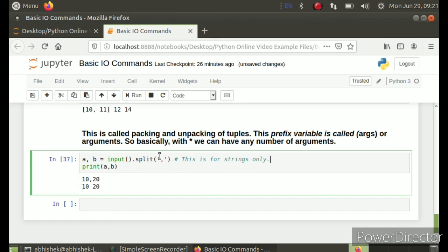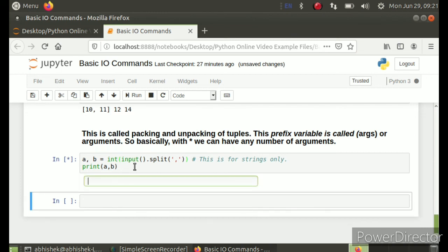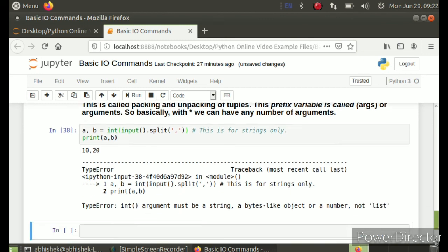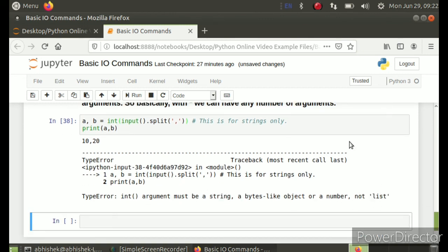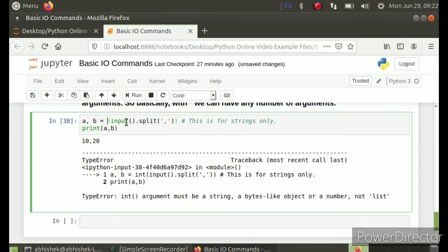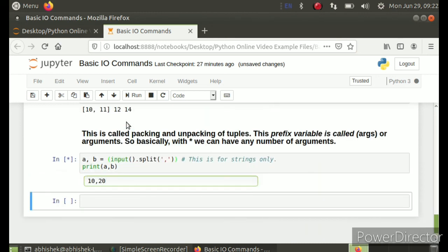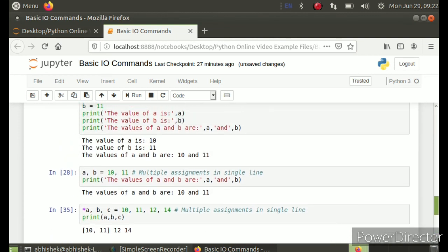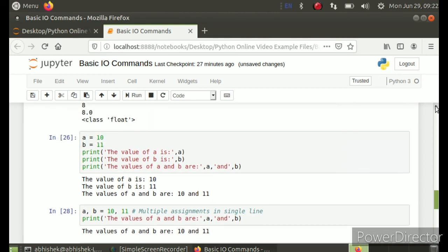Do remember that. Let me check this using an integer. Let me select these brackets, and now I'm writing an integer and see what happens now. 1020, it will show an error, and what error is written: int argument must be a string. So with this split method you can only pass a string. Even if it looks like a number, don't perform any numeric operation there, it will be a string.